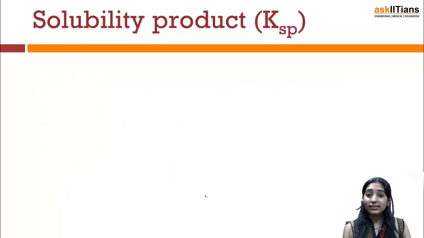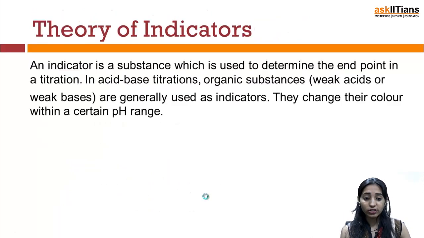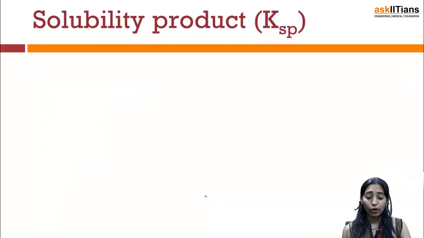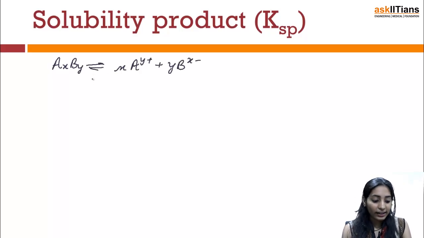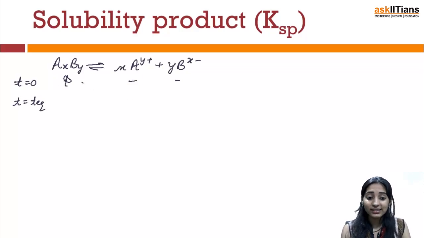Now, let's talk about this and try to find out the relationship between the solubility product and the solubility. We say that AxBy can be further written as x times Ay+ plus y times Bx-. And if I say that the solubility of AxBy is S, that means in the beginning, at t equal to 0, we have 0 and 0. And at t equal to t equilibrium, if the solubility is S,